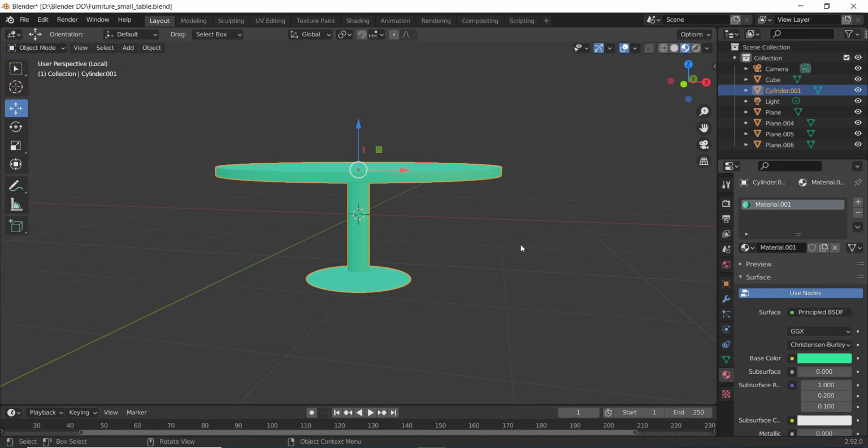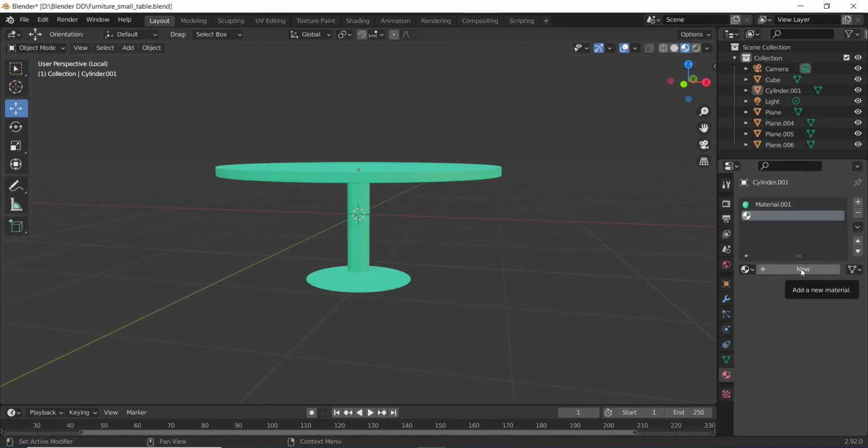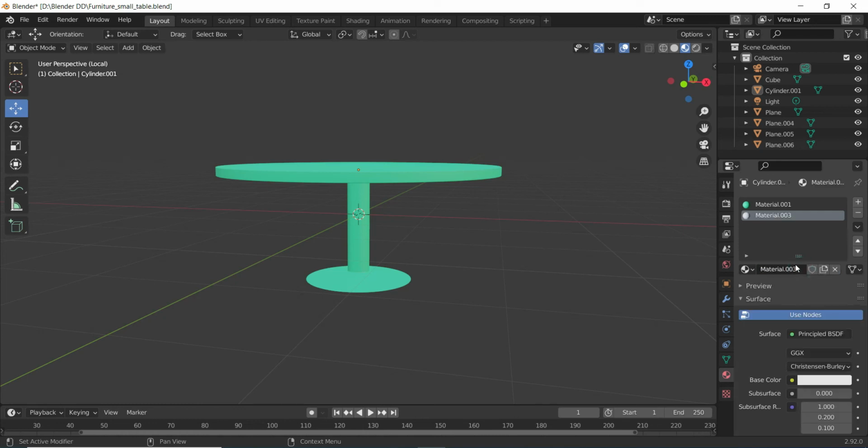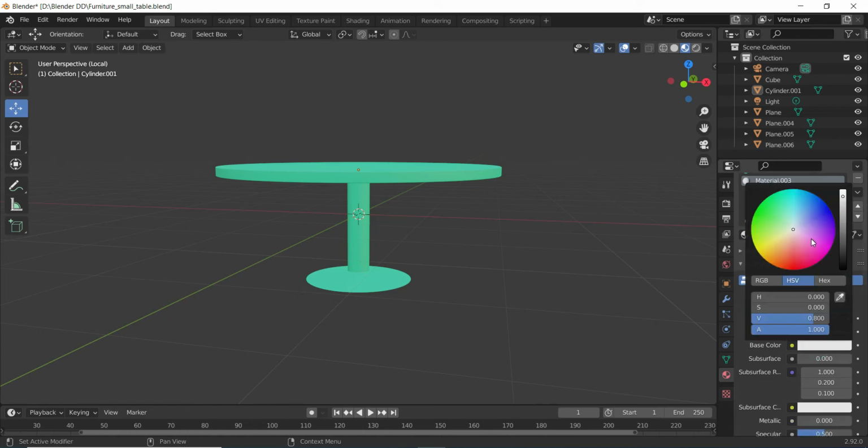Let's see how. Before applying the material, ideally we should create the material first. So where we have created this material, I will click on this plus icon and then create a new material from here, and to this I will give some different color tone, a bit darkish I would say.